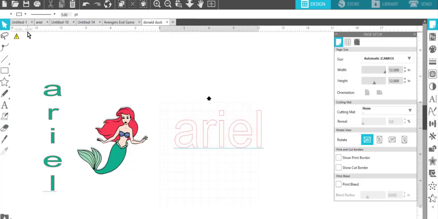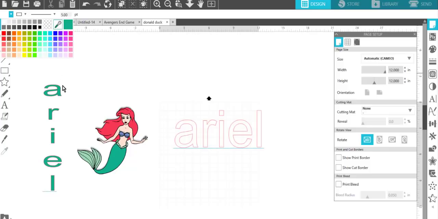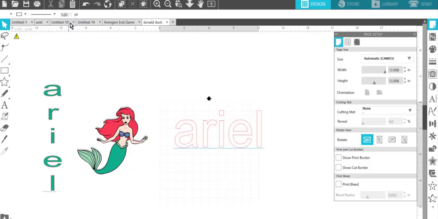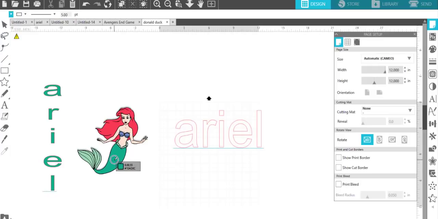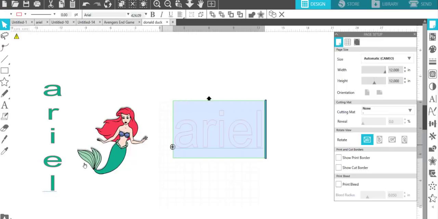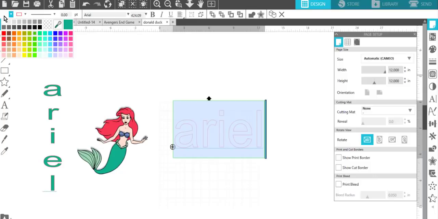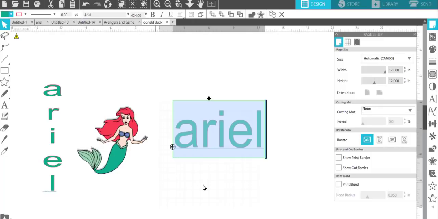So if you come up here to this little swatch right up here, I'm going to change its color to, you know what? I'll change it to the color of her fins or whatever. So I'm going to click here, click on the eyedropper, and then come down here and click on her dress or her fins. And that's the color that's going to be. Now it didn't change yet, but that's because I don't have this text selected. So I need to do that again. Come up here to the swatch for color. Grab the eyedropper and then bring that eyedropper down here on her fins